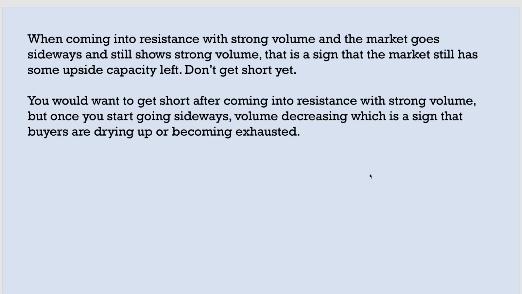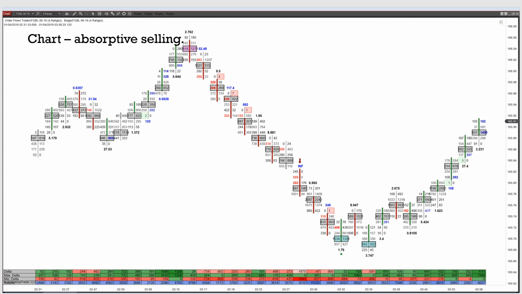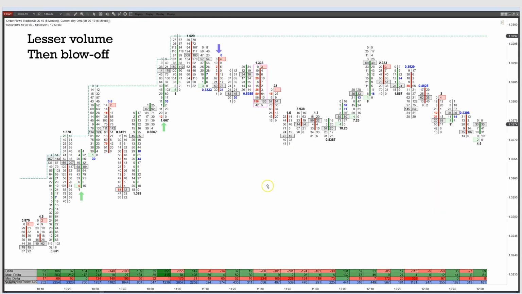Just because you hit the high, don't imagine it's one thing to look at a chart and say, well, we hit this high, I can get short now. No, because it could just go sideways and then go higher. Look for the signs that the interest is no longer there. So basically, you come up into this high here. You've got heavy volume, 2,000, 2,000. Then it just goes sideways. Volume is kind of light. Then in this bar here, 1,000. All the other bars, 500, 400, 300, 400, 400, 500, 400, 600. It's kind of listless.